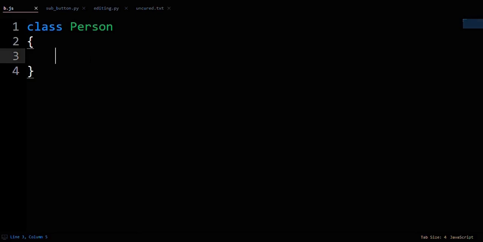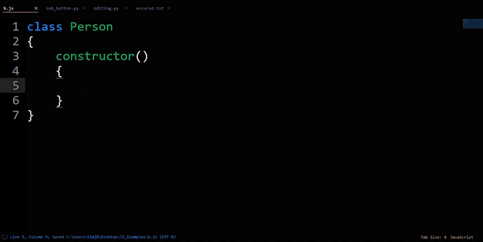You have a person class defined here with nothing in it. The first thing you need in any class is a constructor. A constructor is the function that makes your object. For a constructor, you literally type out constructor and then do the formatting like it is a regular function. We want to be able to construct our person with a name and an age, so we'll put name and age as parameters of the constructor function.